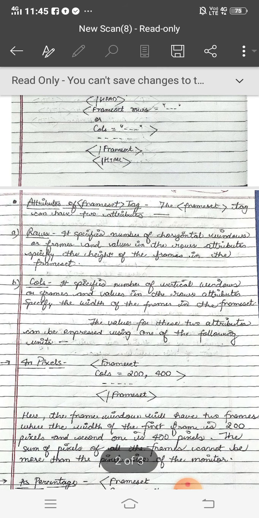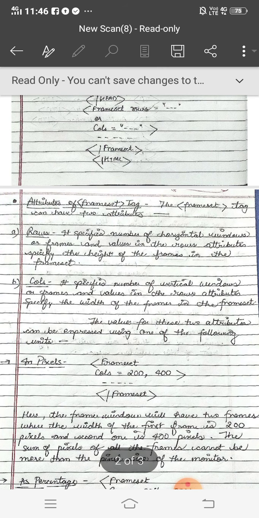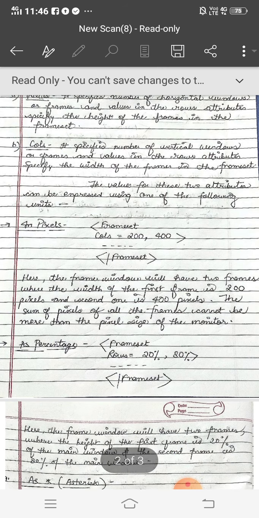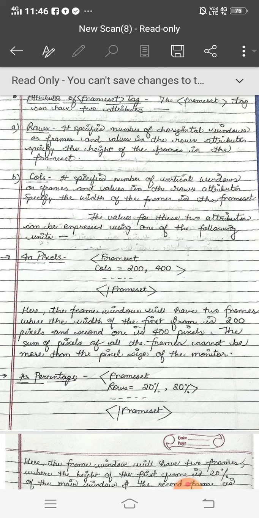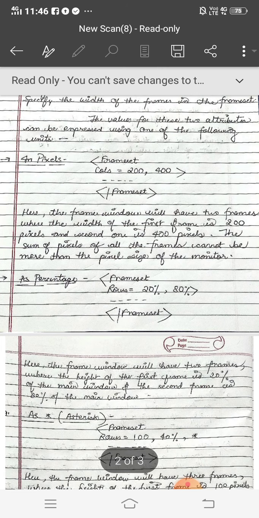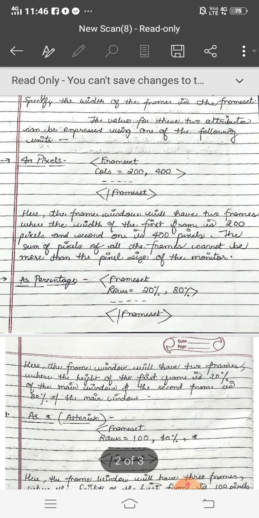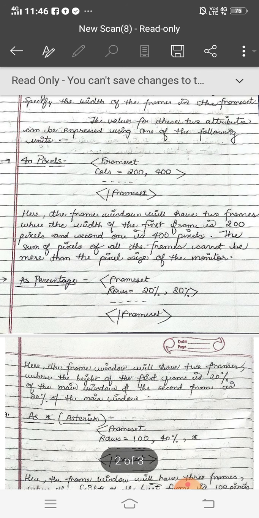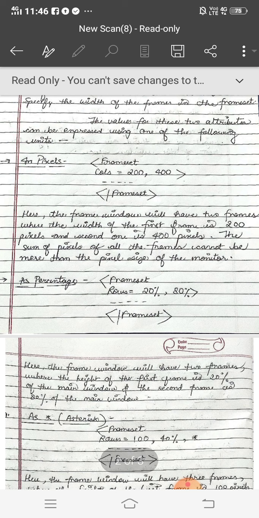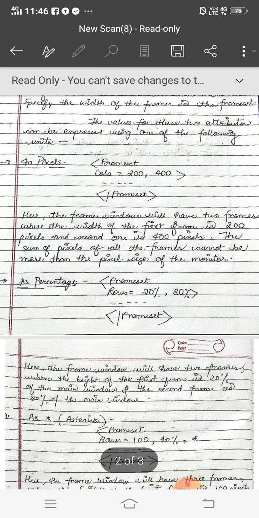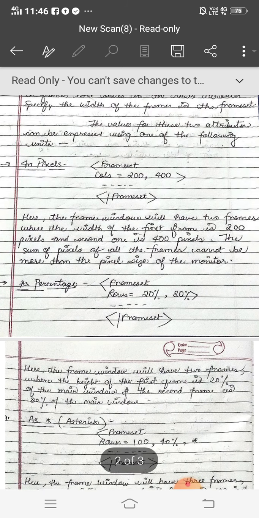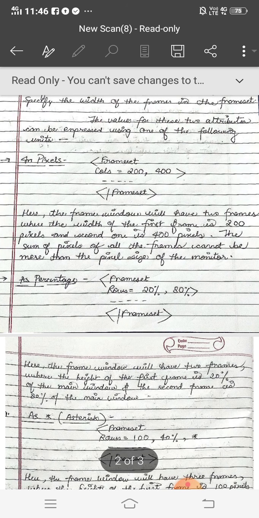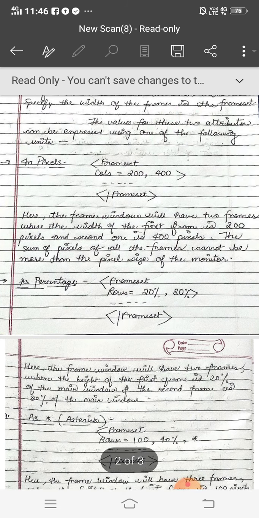The values for these two attributes can be expressed using one of the following units. Yes, there are different methods for assigning values in rows and cols. For example, frameset cols equal to 200, 400. It means we have divided the web page into two parts. One is of 200, the second is of 400. Here we have used the cols attribute, so there will be two columns on the web page.